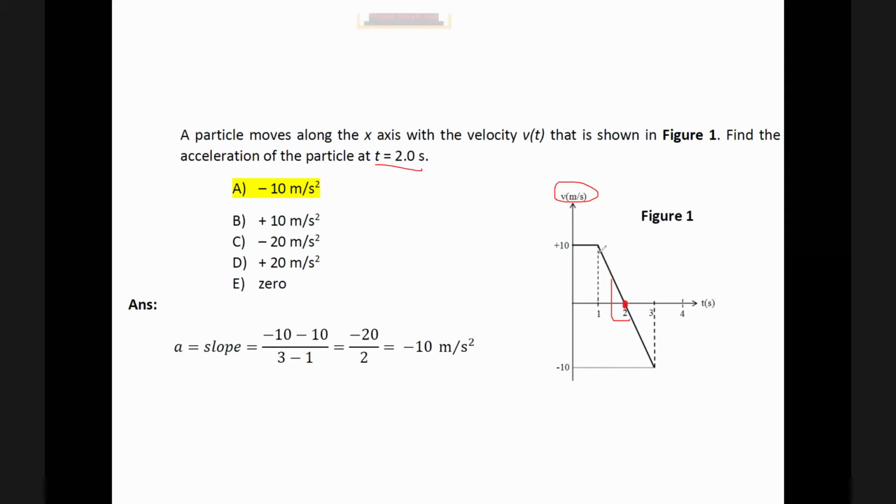By the way, whether you take a big slope or small slope, the main characteristic in math of a straight line is that the slope is constant. Write it down in your notebook. So it doesn't matter if I take a small triangle or big triangle. Say I take the big triangle, all this. Can I calculate the slope here? Yeah, I can calculate. What is v final? Here is v final: minus 10. And what is v initial? It's plus 10. Just 1 second.